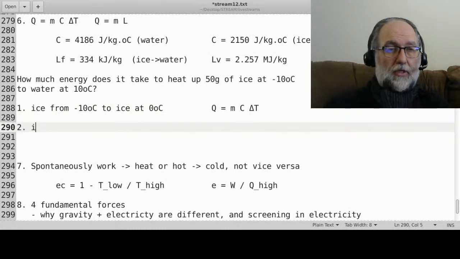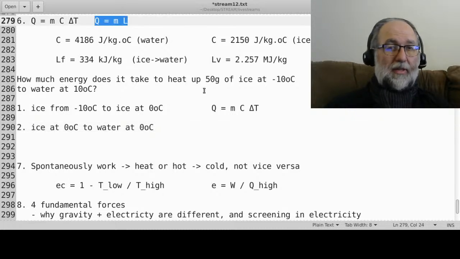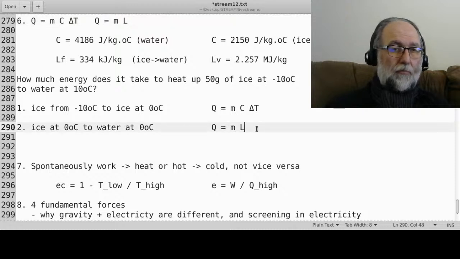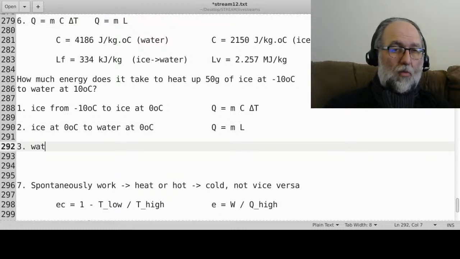The second step is you're going to go from ice at 0 to water at 0 degrees Celsius. For that formula, it's a phase transition. Notice the temperature doesn't change, but the phase changes. Use this formula here. And then finally, you're going to go from water at 0 degrees Celsius to water at